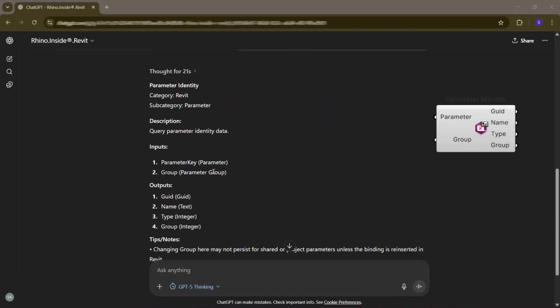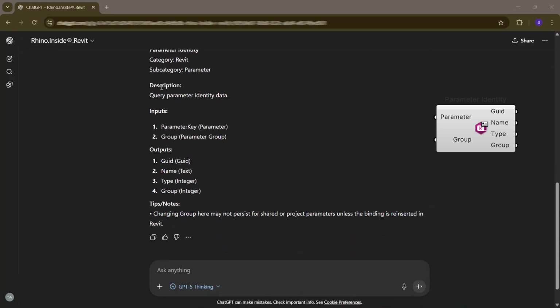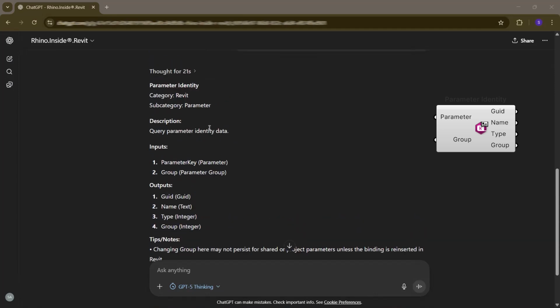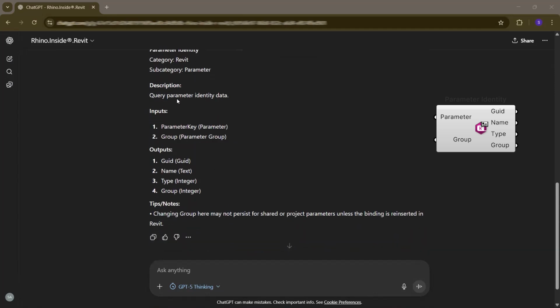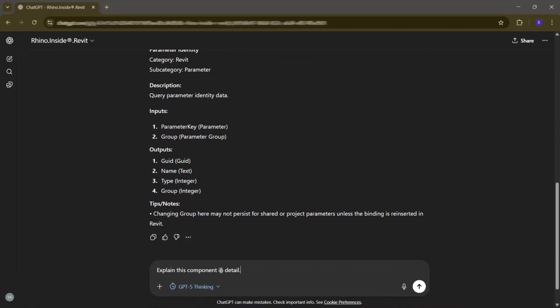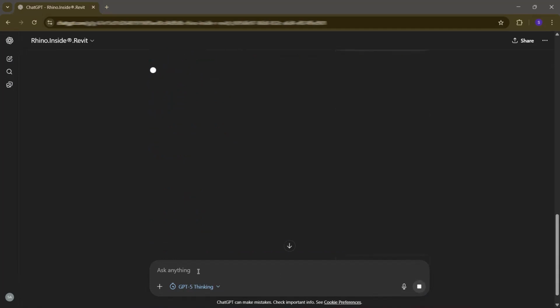As we can see, the assistant immediately returns a relevant component. In this case, it points us to the parameter identity component. This is helpful because it removes any guesswork. We are being routed directly to an official component that is meant to deal with parameter identity and related metadata. Now the real value comes in the next step. If you ask the assistant to explain this component in detail,